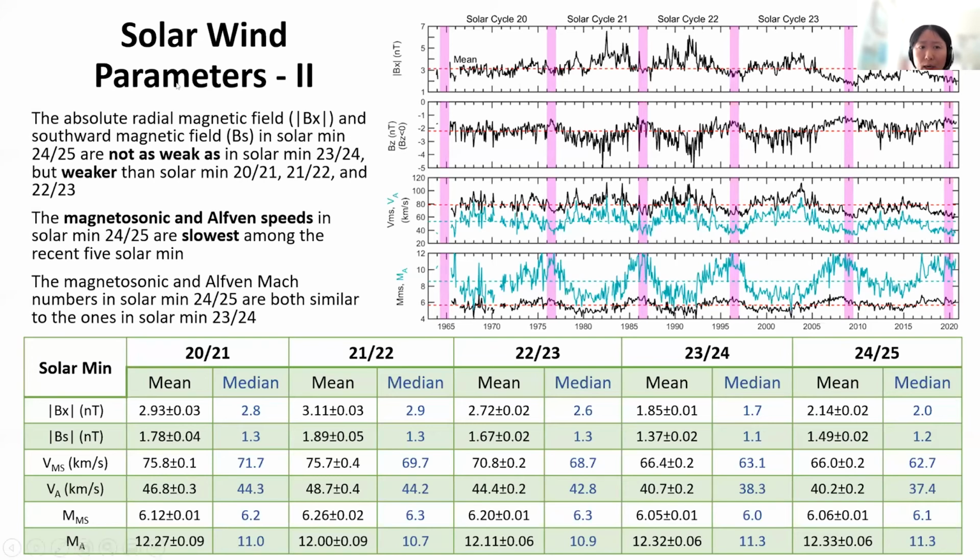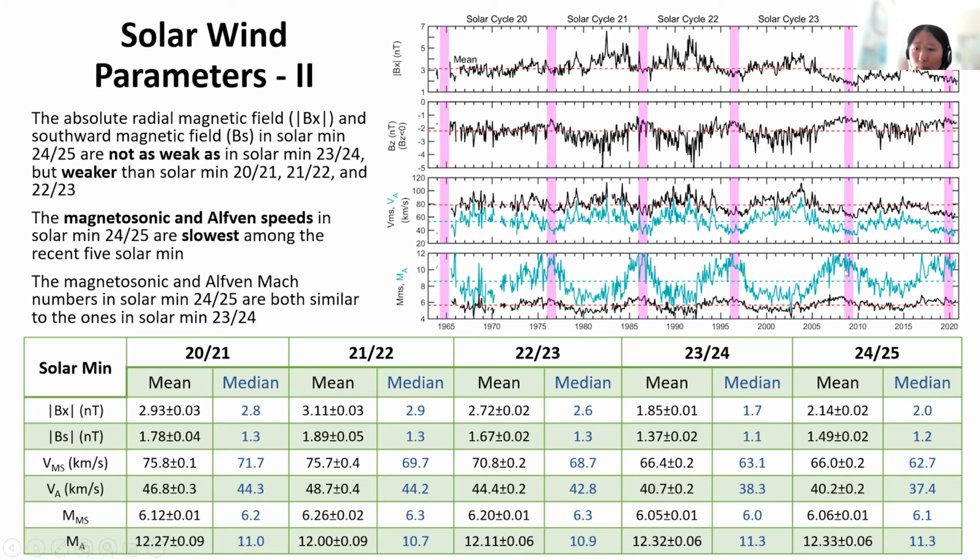This one is the absolute radial magnetic field, and the southward magnetic field, BZ. They are not as weak as the minimum 23-24. The magnetosonic and Alfvén speeds are the slowest among these 5, and the Mach numbers are similar to the